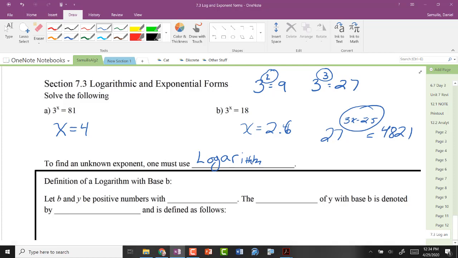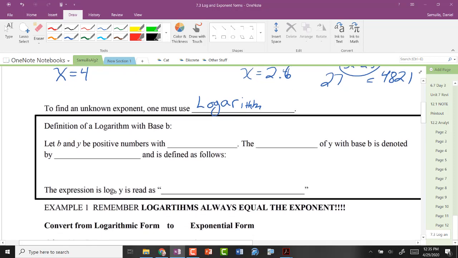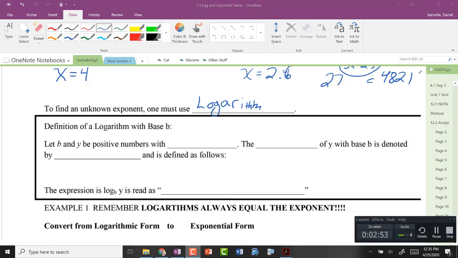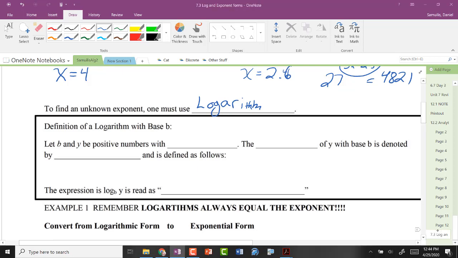Okay, so here's the way that logarithms are designed. Logarithms and exponents are completely equal to each other. One form is the same thing as the other form. We're going to be converting from logarithmic to exponential form. We're going to let b and y be positive numbers with b not equal to 1. The logarithm